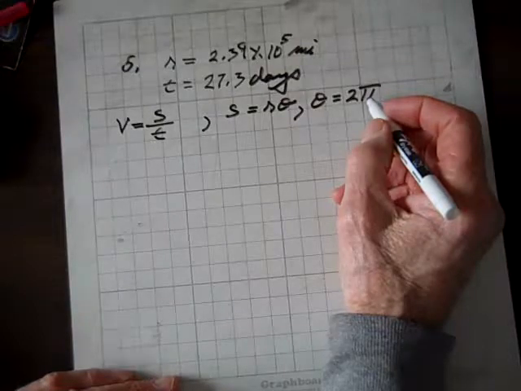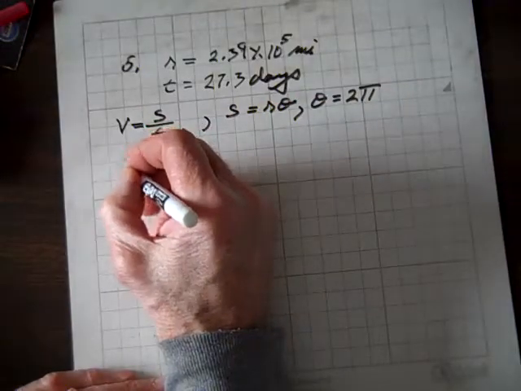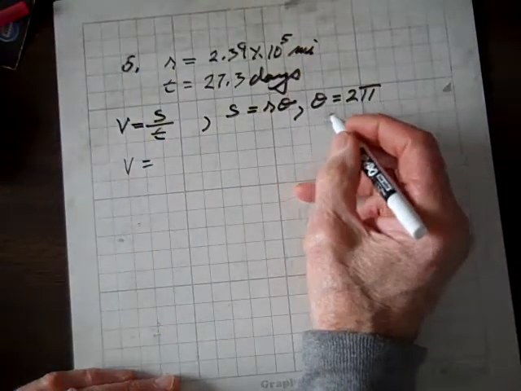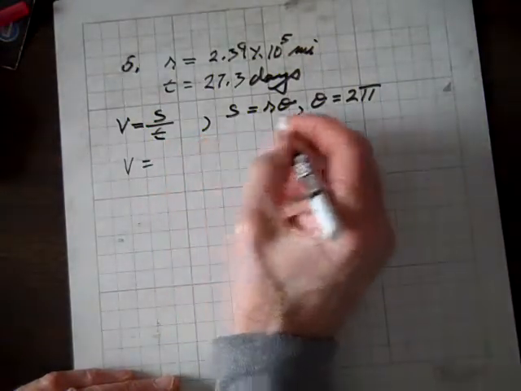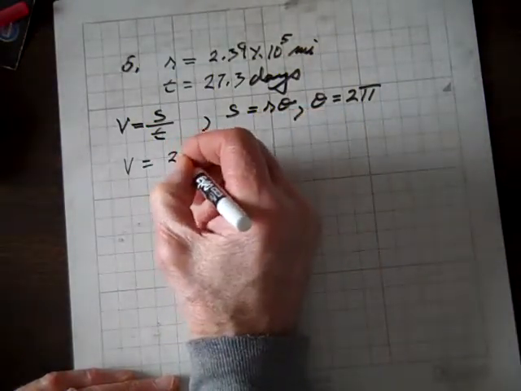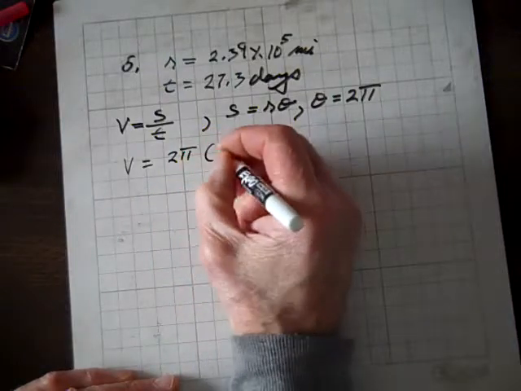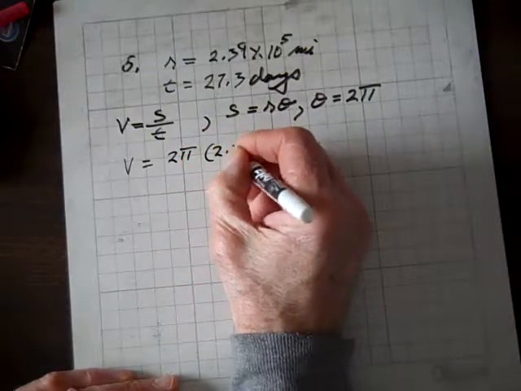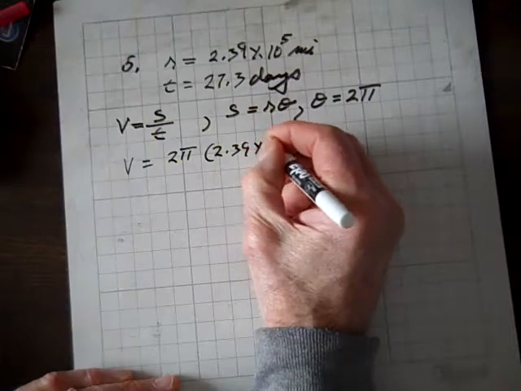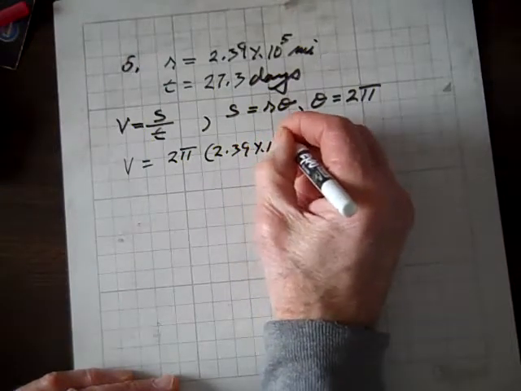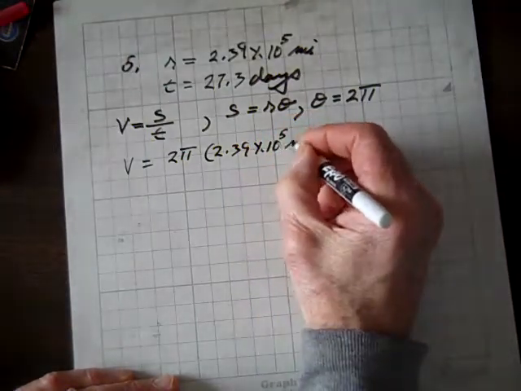So therefore, the velocity equals theta, which is 2 pi, times the radius, 2.39 times 10 to the 5th miles,